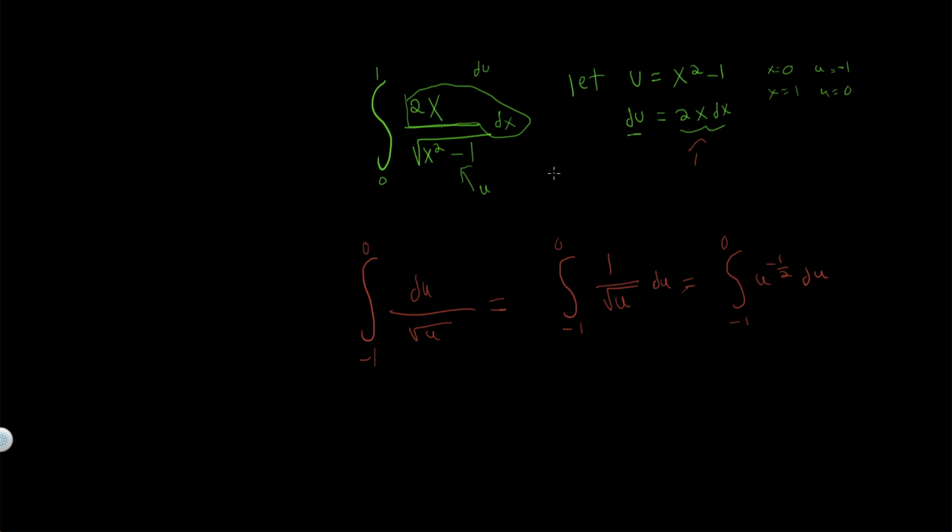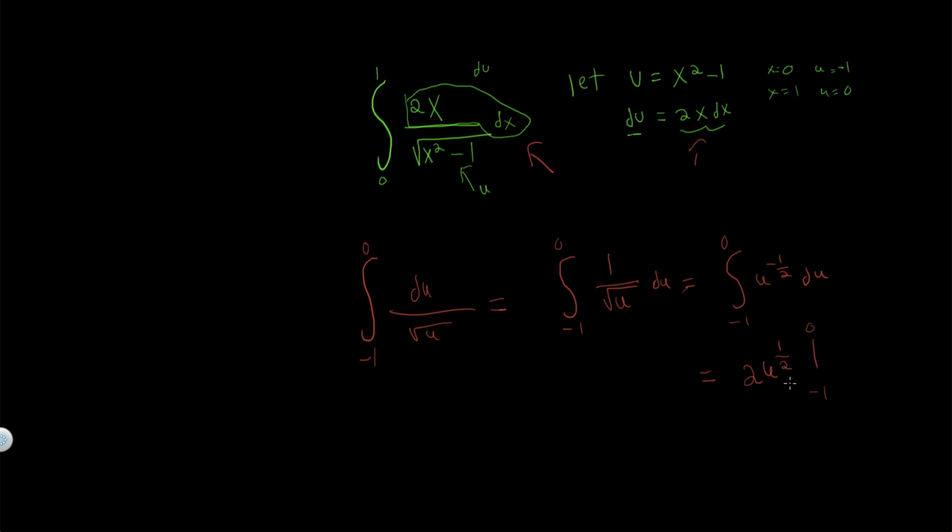So notice we made this integrand that looked impossible to do by hand possible by doing a U-substitution. And so let's finish this off and then I'll explain a bit more on what we did. Well, now we can just add 1, using the anti-power rule, and divide by the power. So this becomes u to the negative 1/2 plus 1, which is 1/2, divided by 1/2, which means we can multiply by 2, from negative 1